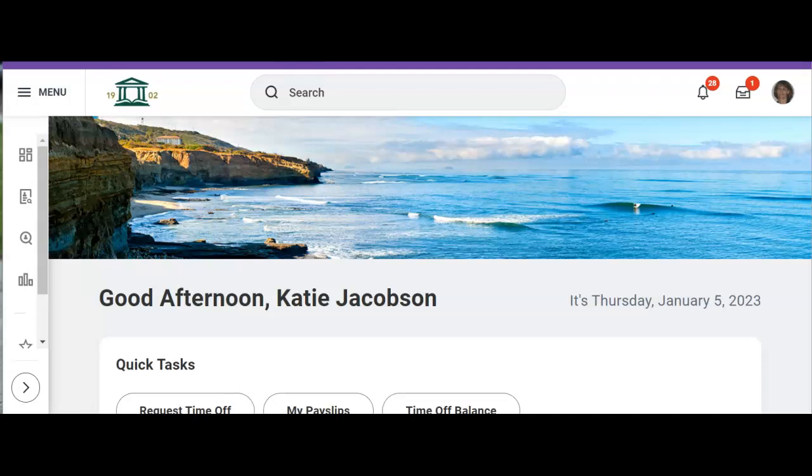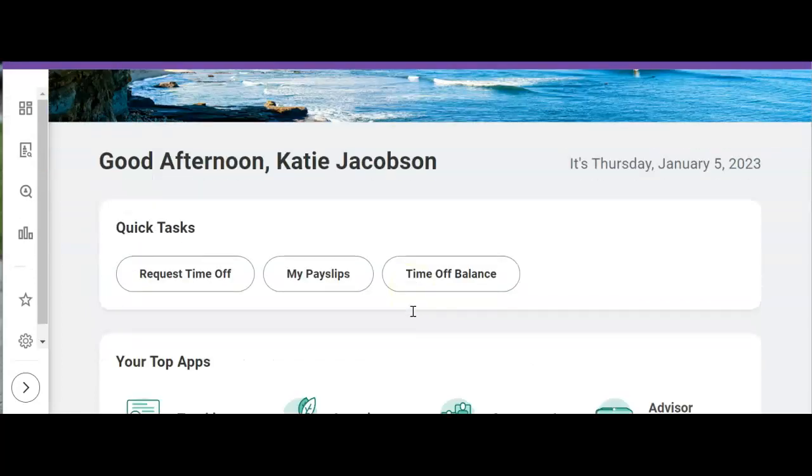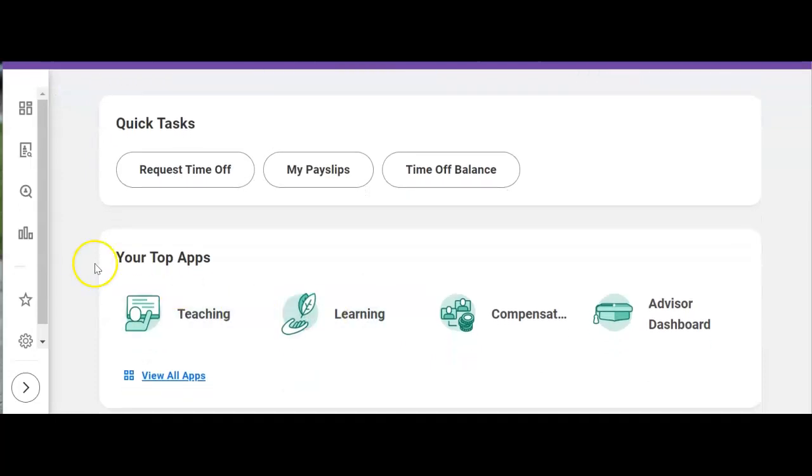In this video, I will show you how to export a course roster to an Excel spreadsheet. After you have logged into Workday with your regular username and password, you will scroll down to your apps and